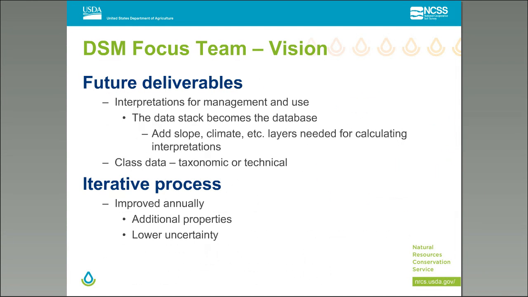Now, again, this represents what we think is the first product that we could get out there to meet some of those user needs. Obviously, there's other types of data that will be wanted by different user communities. And so we could still be producing raster class data sets, for example, whether that's the taxonomic class or some other class of data. So it doesn't have to be continuous properties. It doesn't have to be a property that is represented by multiple depth increments like we do with depth of